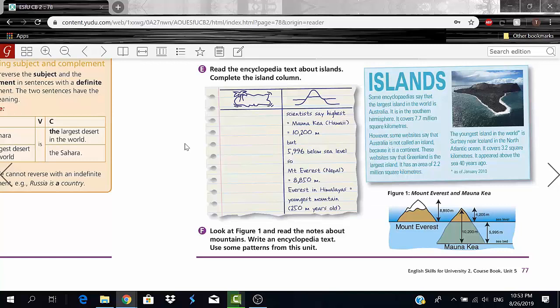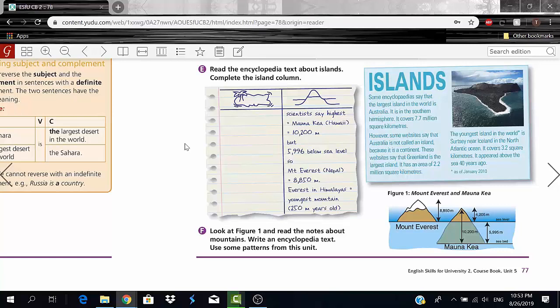It has an area of 2.2 million square kilometers. The youngest island in the world is Surtsey near Iceland in the North Atlantic Ocean. It covers 3.2 square kilometers. It appeared above the sea 40 years ago, as of January 2010. Okay, so now I'm going to ask you guys some questions.